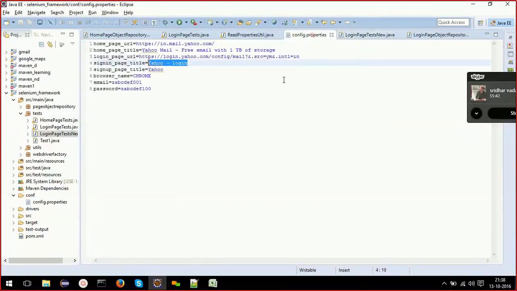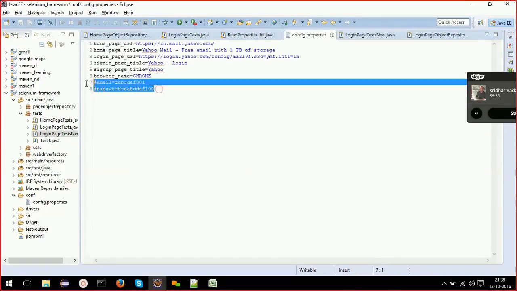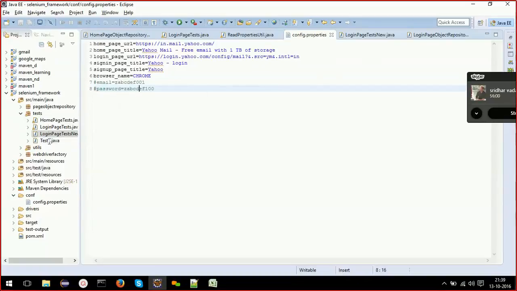What is there in the properties file? Email, this one. Now we no longer need it because we are reading these values from the Excel file. I'll comment this out. This is the way you comment. If you comment, then they will not be treated as properties.